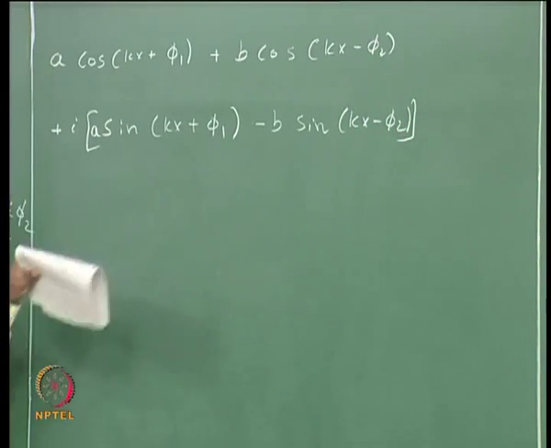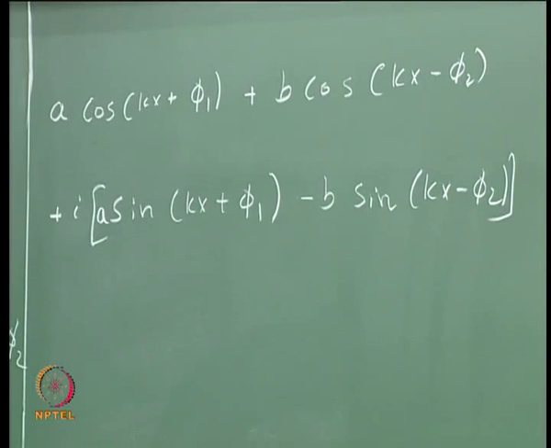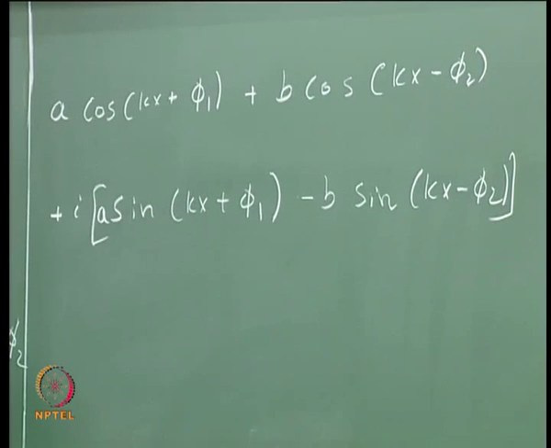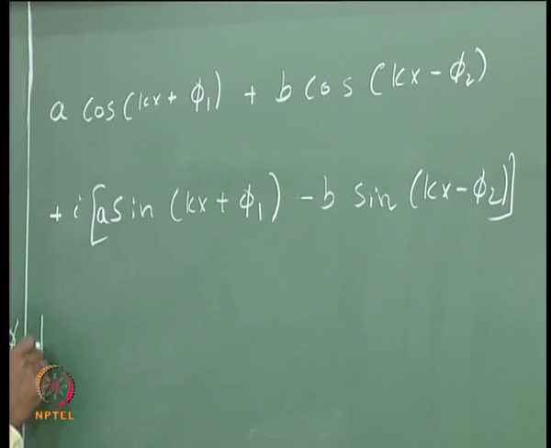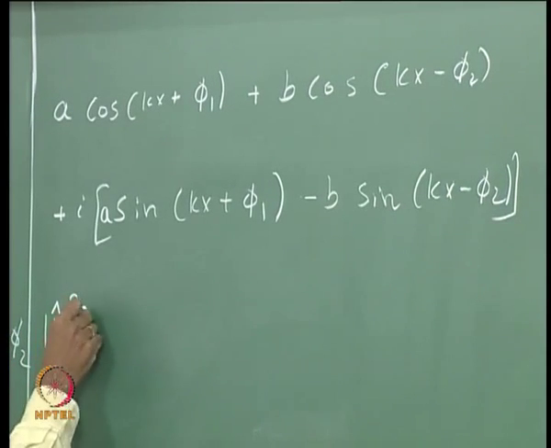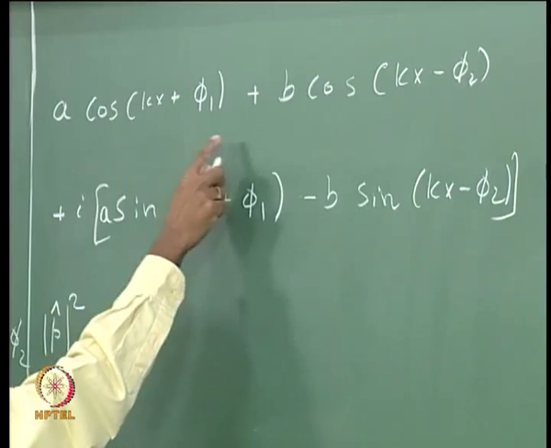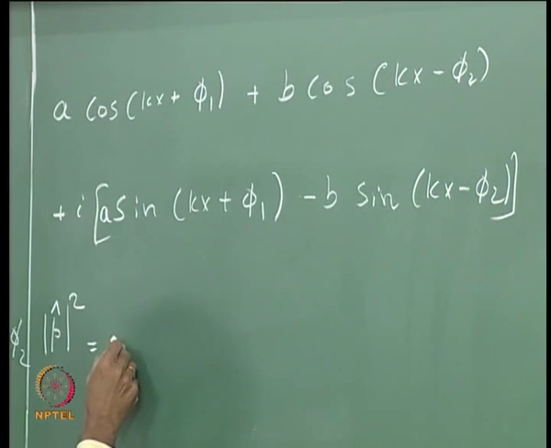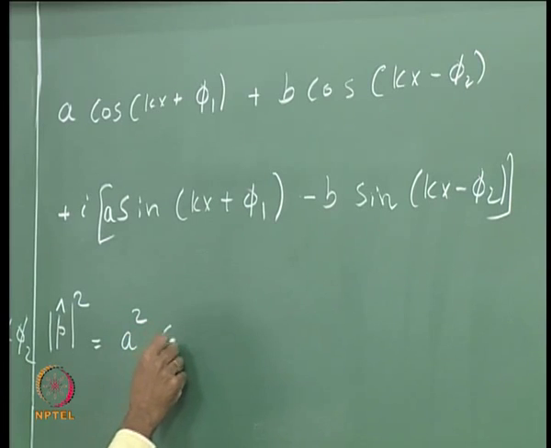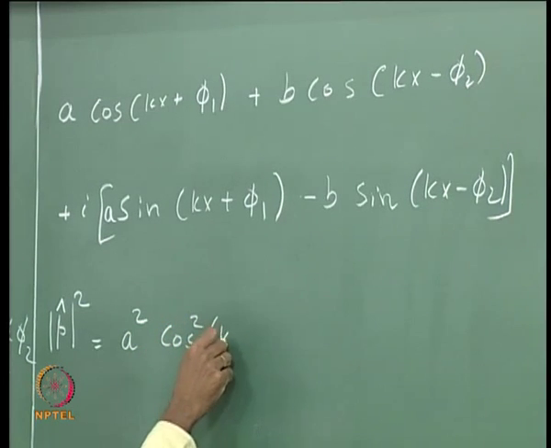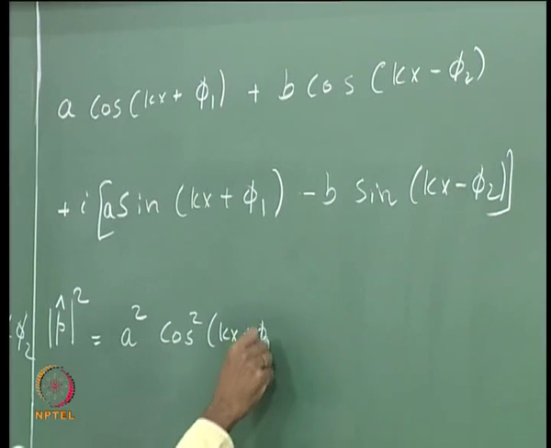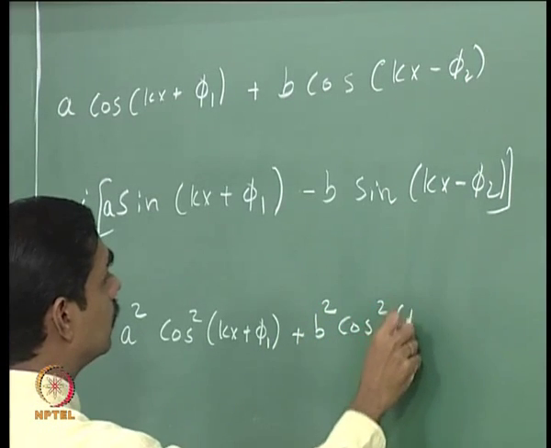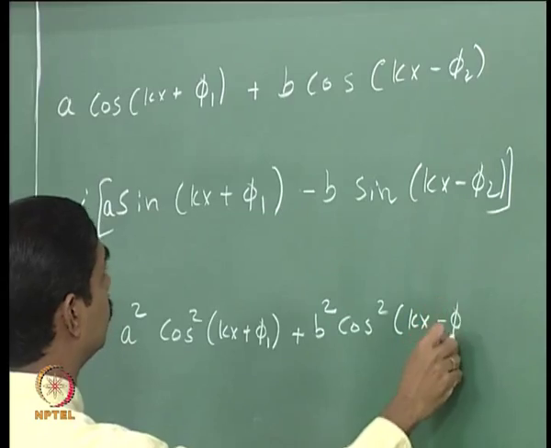Is this okay? If there is any mistake, please point out. So if you want to find the amplitude of this, we can say p hat squared equal to, we just take the square of that plus the square of this. So you will get A squared cos squared (kx plus phi 1) plus B squared cos squared (kx minus phi 2)